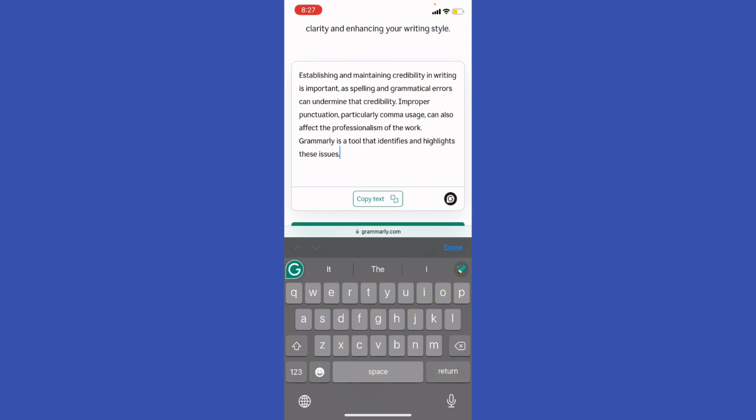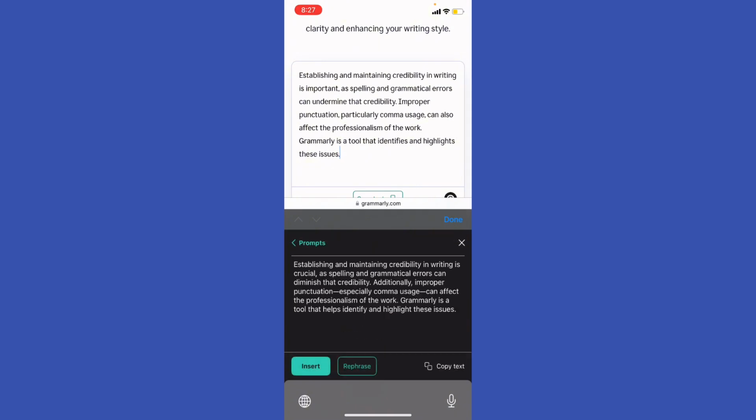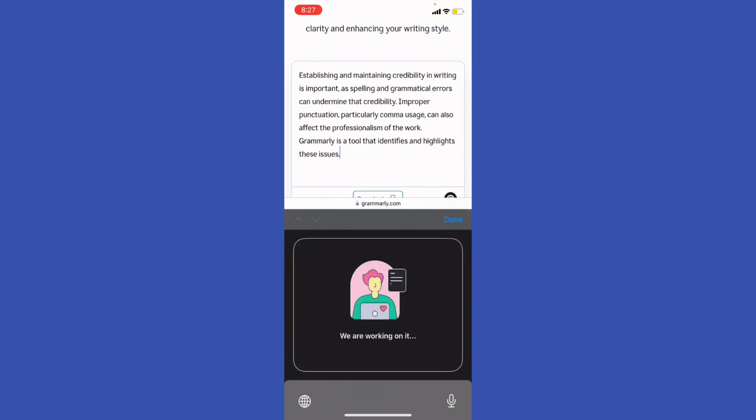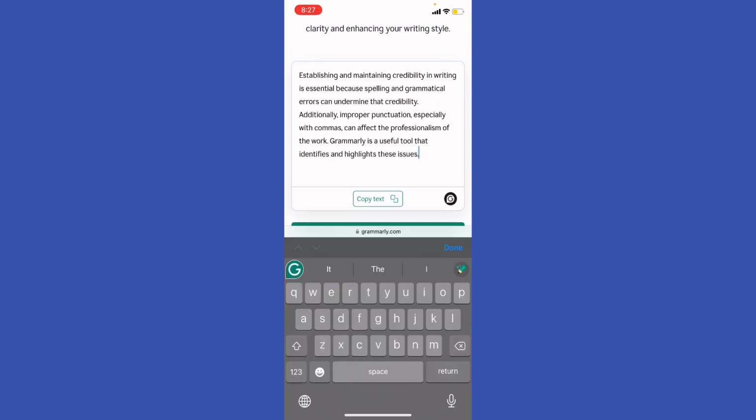And you can use Grammarly's AI real-time suggestions, right? Grammarly instantly flags grammar, spelling, and punctuation errors. So you can see right here, if I highlight those texts, you can click improve, and hit generate text. And as you can see right here, you can rephrase if you want to, right? And hit insert at the bottom left. And as you can see, they're now